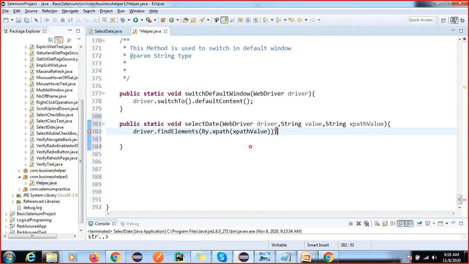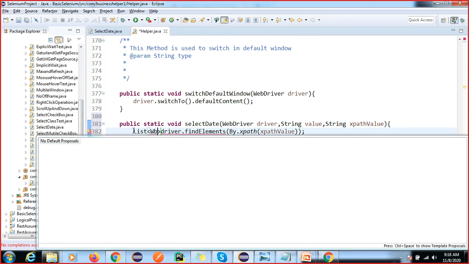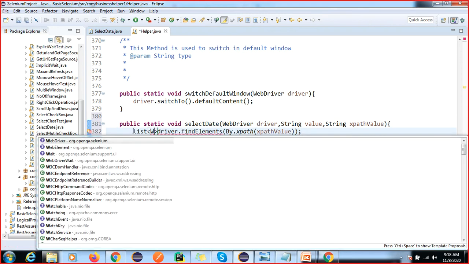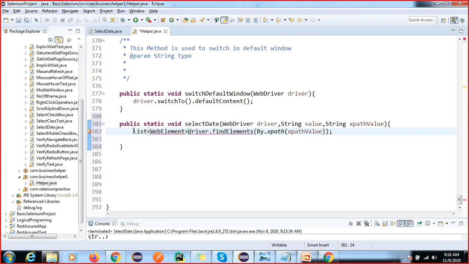It will return a list of web elements. So the same steps we are going to repeat here.